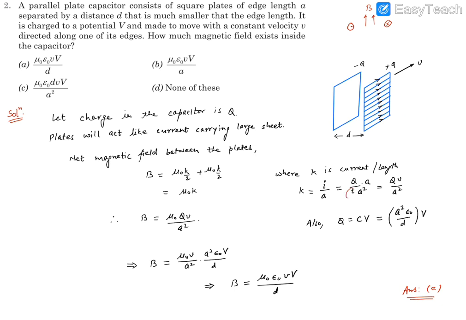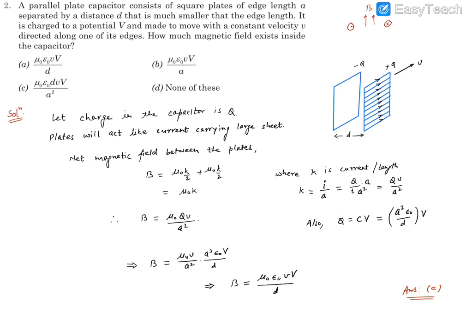So in place of T, we can write a by v, or we can simply say this a by T will become v. So that is v, and then a square, then Q. So this is the current per unit length. Moreover, this Q has to be identified. For that sake, it has been said that the capacitor is charged up to potential V. So the capacitor is going to have a charge Q equal to CV, where C is A epsilon by d. A for area, so area of the square plate is a square, epsilon by d, into V for the voltage up to which it is charged.